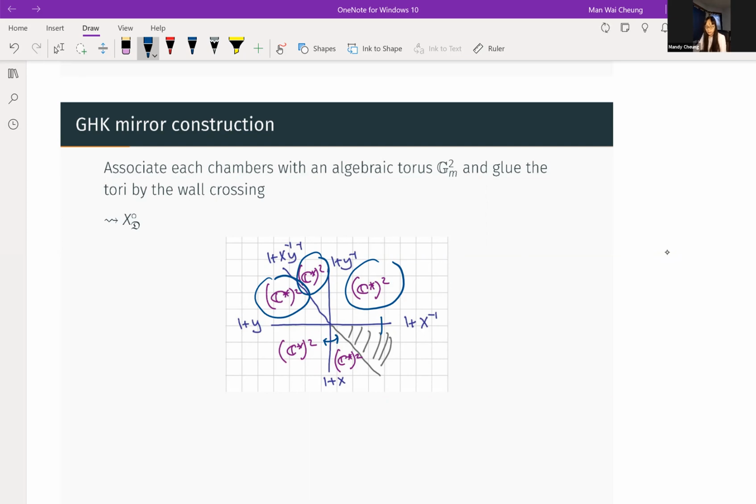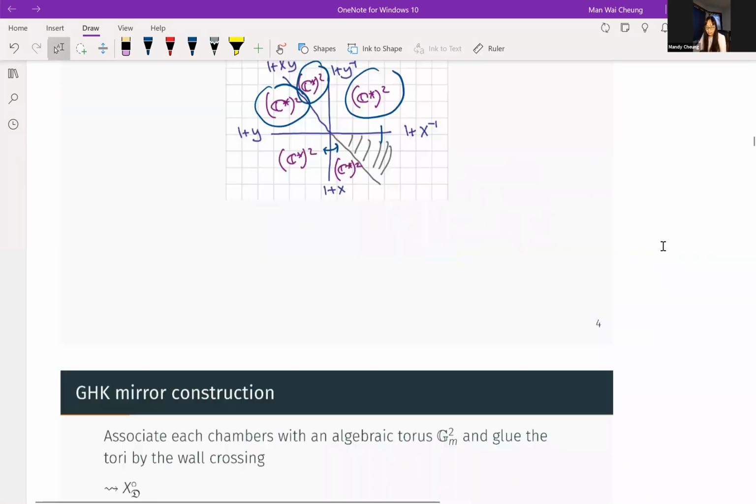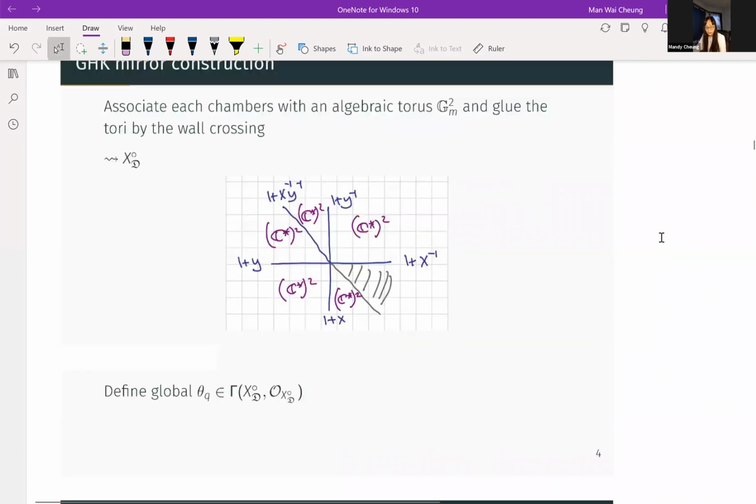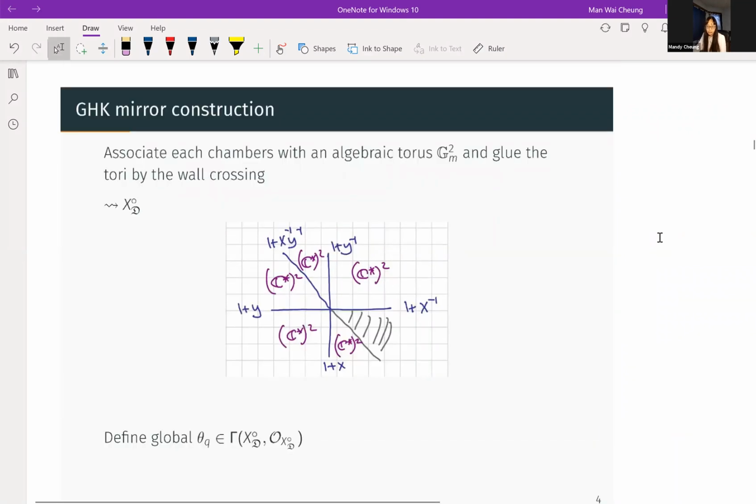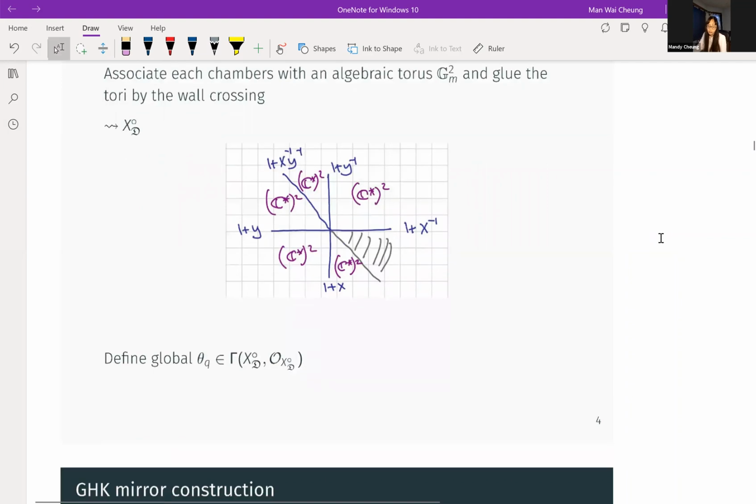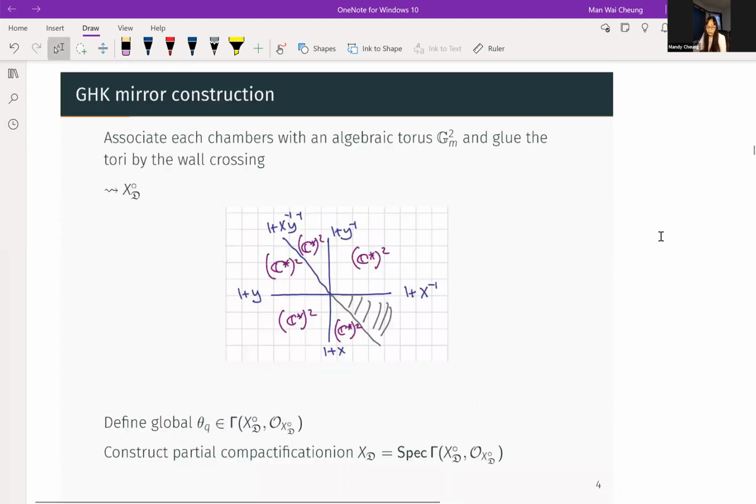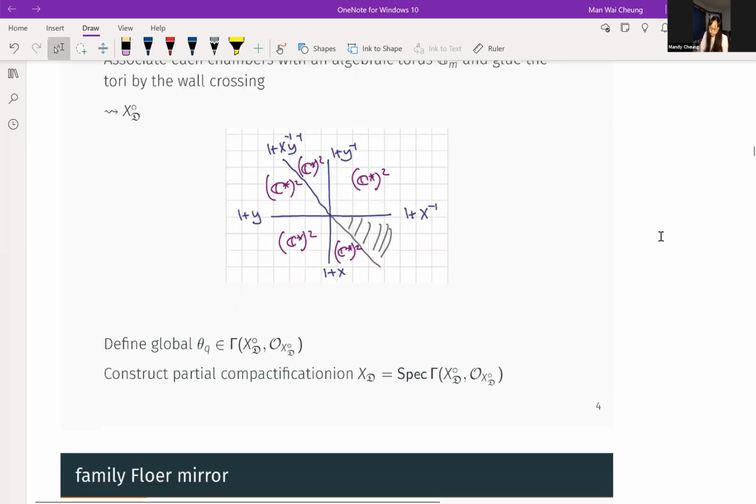And then we obtain this excerpt. And then the last step, we'll talk more later in the cluster setup, which is we'll define for each point Q in the integral points of our affine manifold, GHK define this global function, the theta function of the space, and then the proposed mirror will be, and then they show that the theta function will give